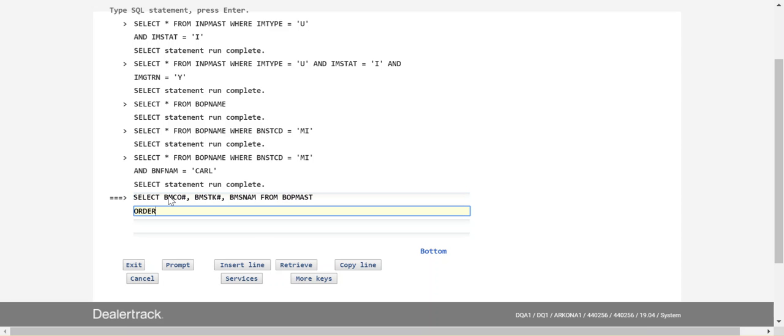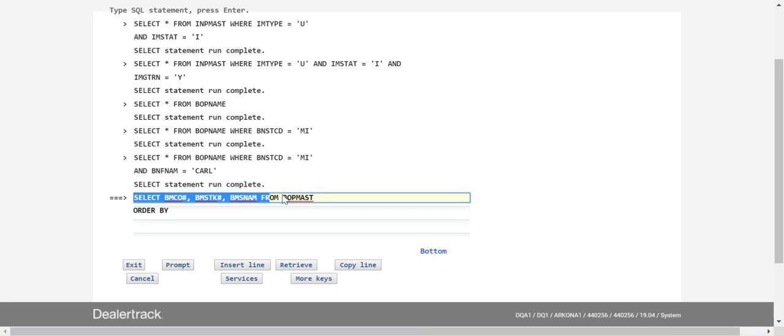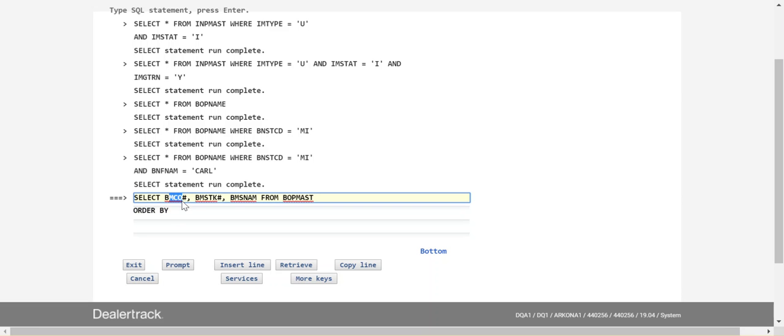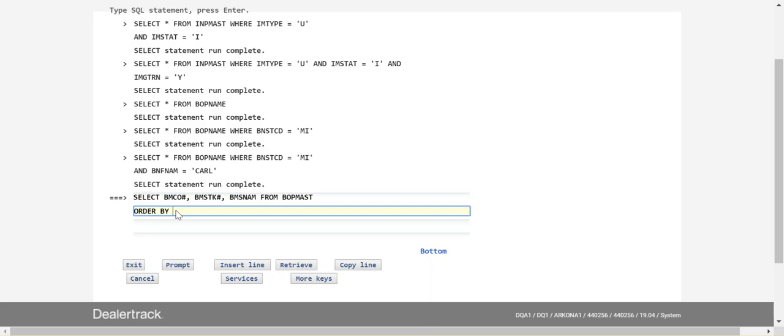And the order by you will put after you've specified your search function. So it'll always go at the bottom, and you're going to specify whichever column, and it doesn't have to be one that you've specified up here, just one from the file that you want to order by. I'm going to use one from the field up here just so that I can show you how it's ordering them. So let's try the search name,